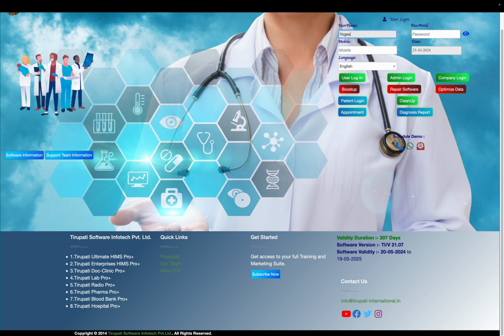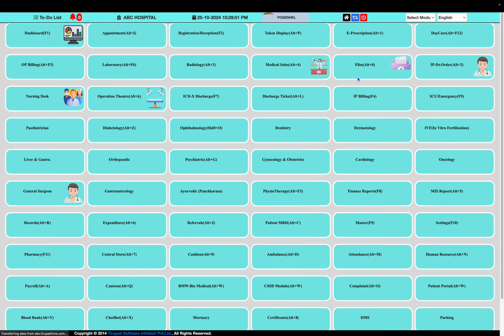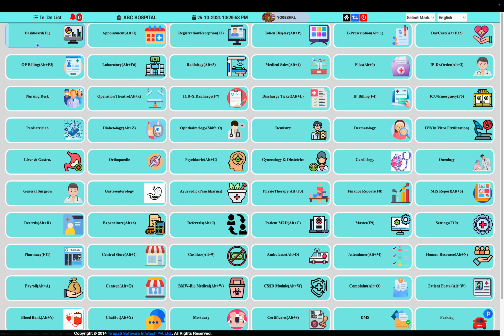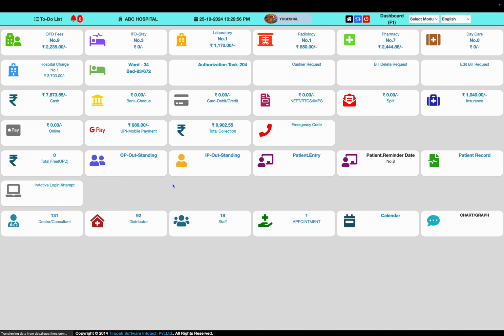These are the key benefits of this module, and who has access to it. So generally, let's log in first. Under the modules, we have this whole module in the software. Now we go to the dashboard window.